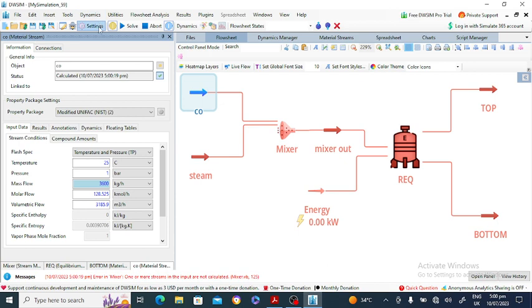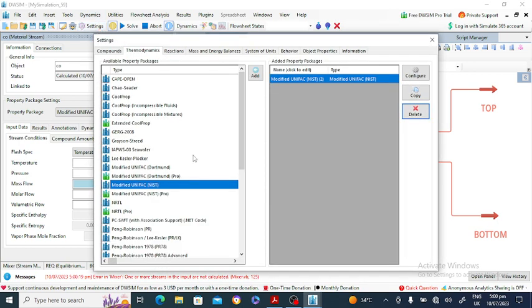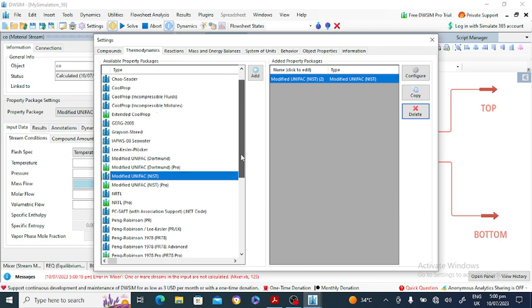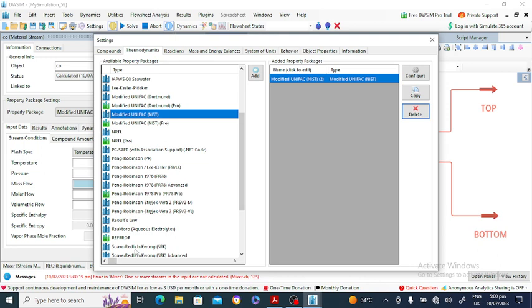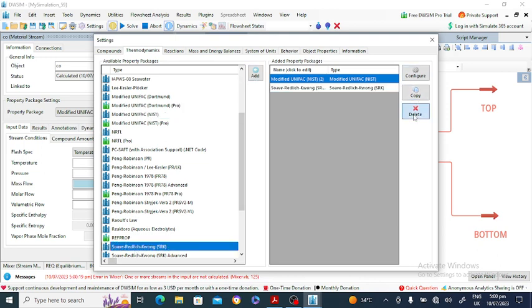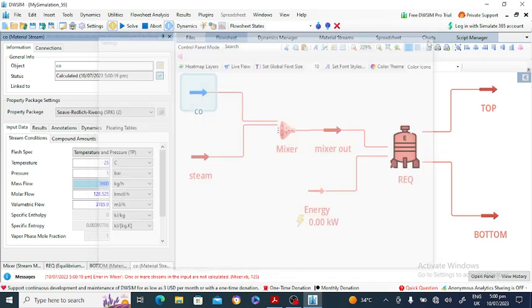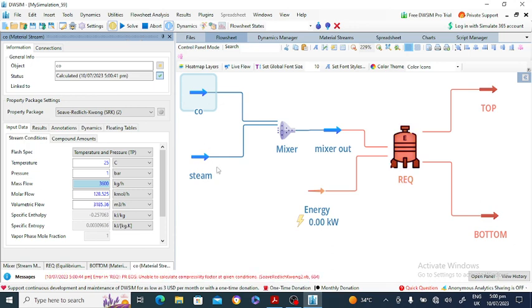Okay, now I'm changing to some other fluid package like the SRK. Select the SRK, click on add, delete the previous one and solve. Unable to calculate compressibility factor at the given condition. So these conditions are, I think,